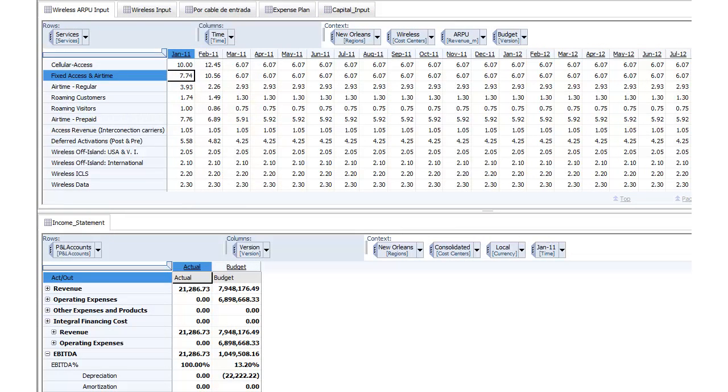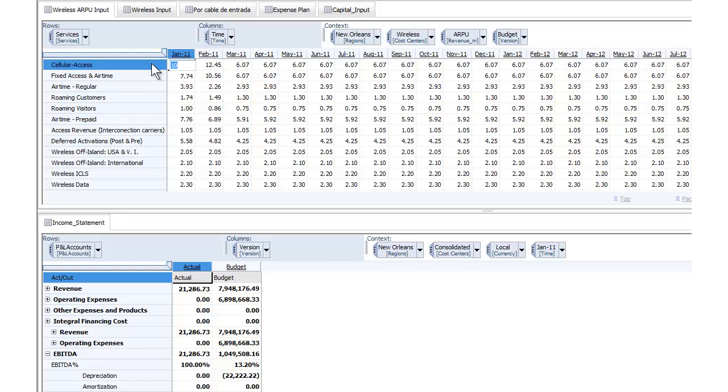It is an existing structure designed to do planning by different types of services that you can see on the side here. These are captured by different geographies, by cost center, where in this case we're planning for ARPU and we have different budget scenarios we can change. As I go in and make a change, such as changing the ARPU up to $15 per month for this